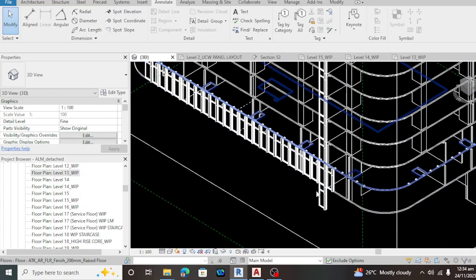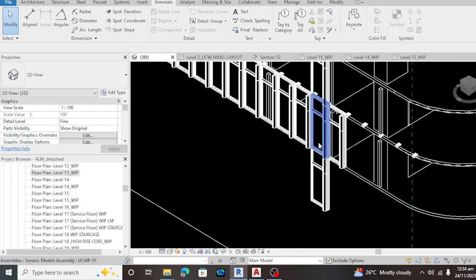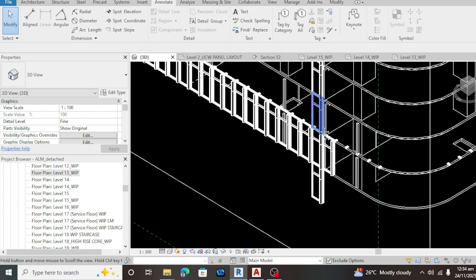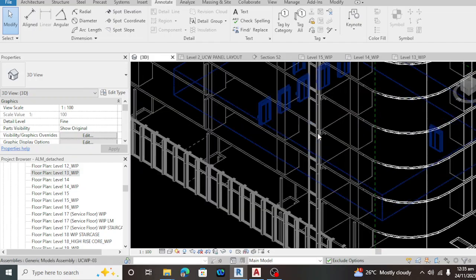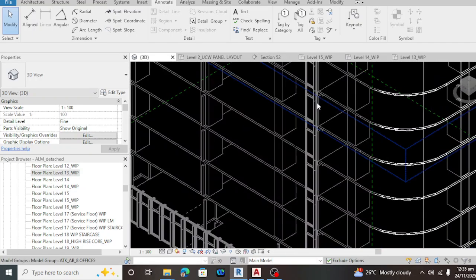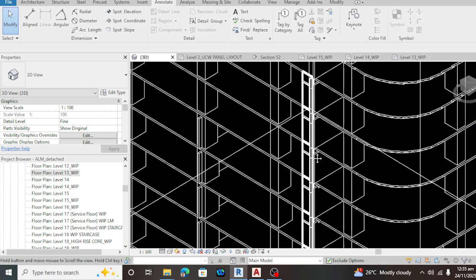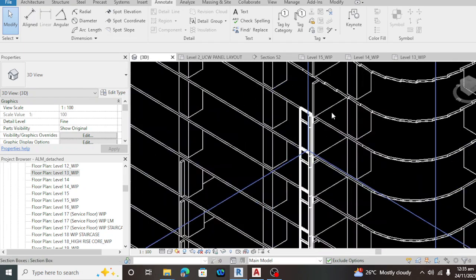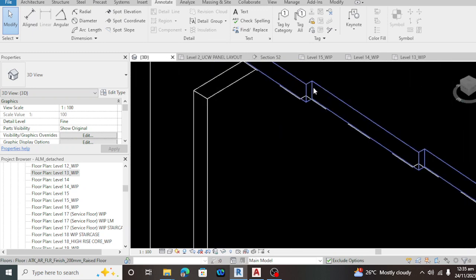As you can see, guys, this is the section that we made. Look at the panel. This was the level mezzanine. Level 2, level 3, 4, level 5, level 6, level 7, level 8, level 9, level 10, 11, 12, 13. And on the 14th floor, there's a teeth